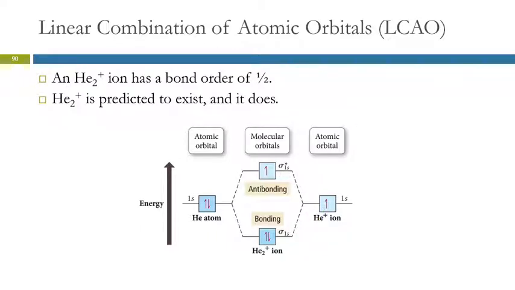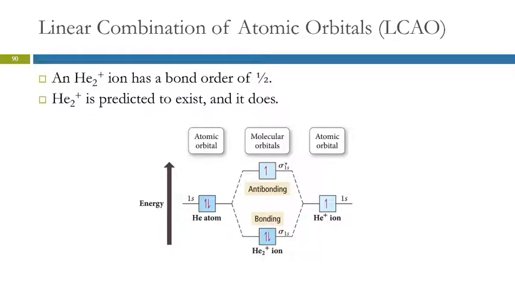There are 3 electrons because when we look at this ion, He2 with a positive sign, He2 zero has 4 electrons, and to have a positive charge, it has to have lost an electron. So it doesn't really matter if you put the 1 electron over here or the 1 over here. You've got 3 electrons. So when we fill this in, we've got 2 in the bonding orbital and now 1